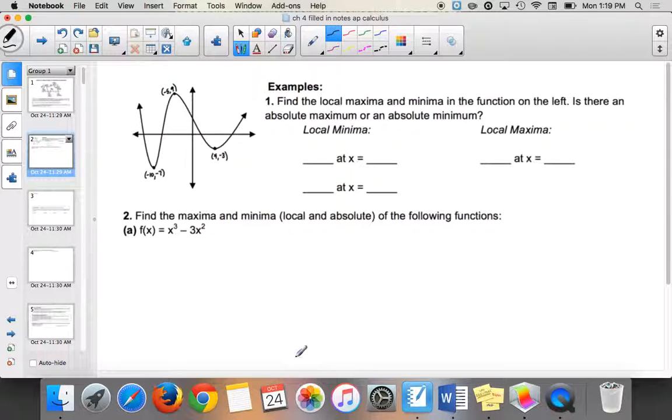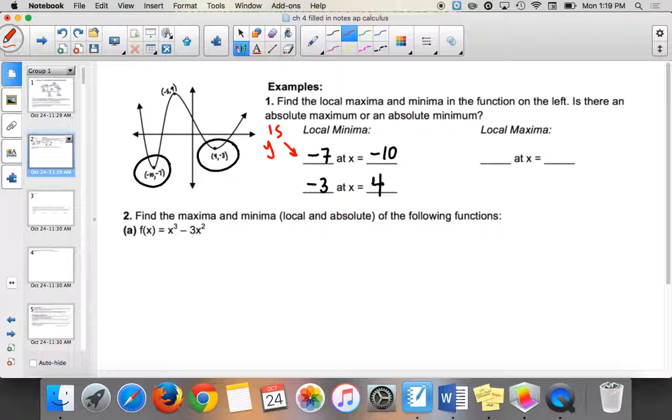So if I'm talking about a local minimum, it's going to occur here and here. And I would write it by saying -7 at an x value of -10, because we're talking about how high or low we go on the graph. All right, so the next one, our local minimum would be -3, and it occurs at x equals 4. Okay. So when I say these values, these are y's.